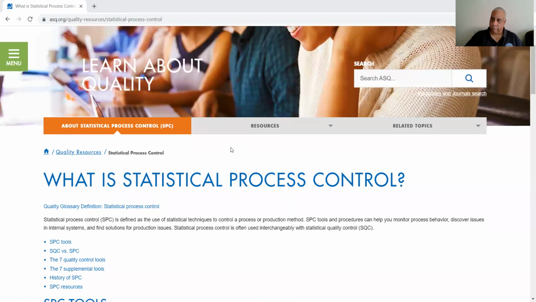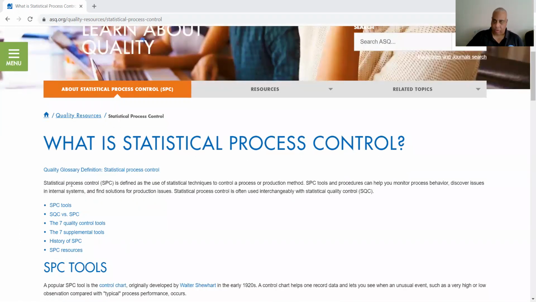Once again, when it comes to SPC, statistical process control is defined as the use of statistical techniques to control a process or production method. SPC tools and procedures can help you monitor process behavior, discover issues in internal systems, and of course, find solutions for production issues. That concludes